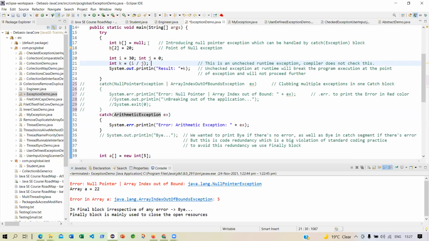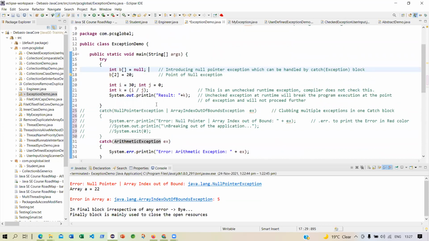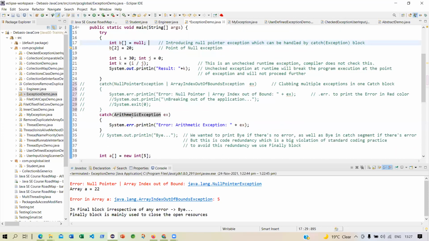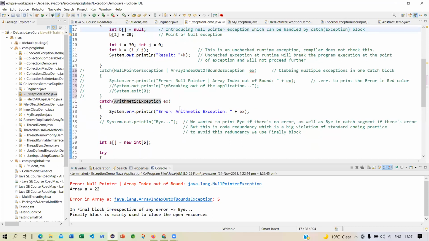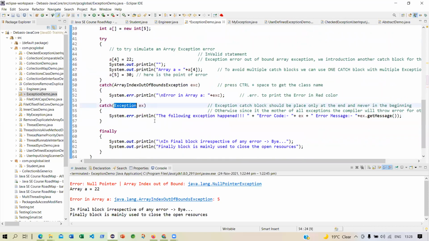But my error has occurred over here. Did I have anything called exception? No, not particularly in this try block. I have only one exception handled, which is the arithmetic exception. But this is not an arithmetic exception. Okay, let us see what happens. And neither do you have a catch for Exception, like what you have here. This is also not there.